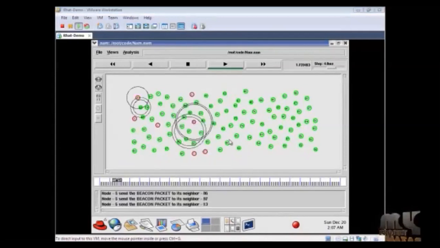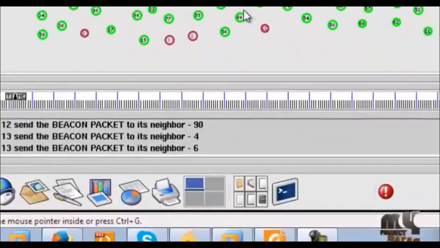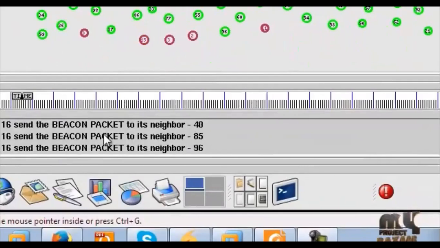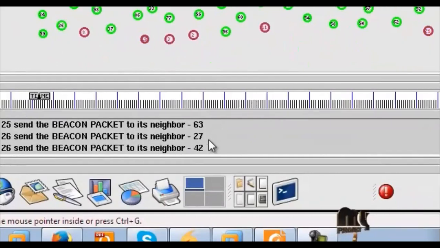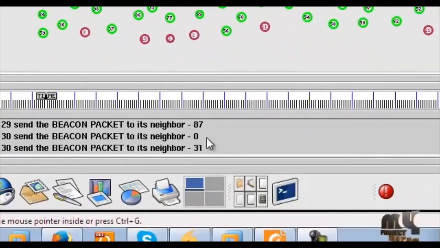The transmission are doing here. The pick and packet tuner, it's a neighbor node. Finding the neighbor nodes. The node 27, its neighbor node is 92.